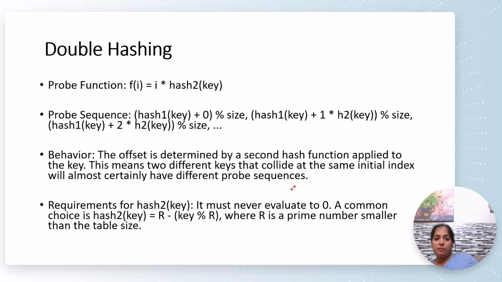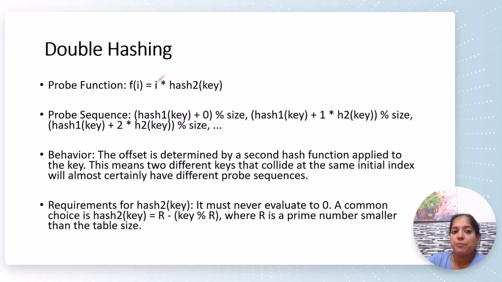Now, the next type of open addressing scheme is double hashing. In case of double hashing, the probe function is i times hash 2 of key. So, hash 1 of key plus 0 mod size for i equals 0. For i equals 1, it becomes hash 1 of key plus 1 times h2 of key mod size. For i equals 2, it becomes hash 1 of key plus 2 times h2 of key mod size. So, the offset or the index is basically determined by a second hash function applied to a key, which means